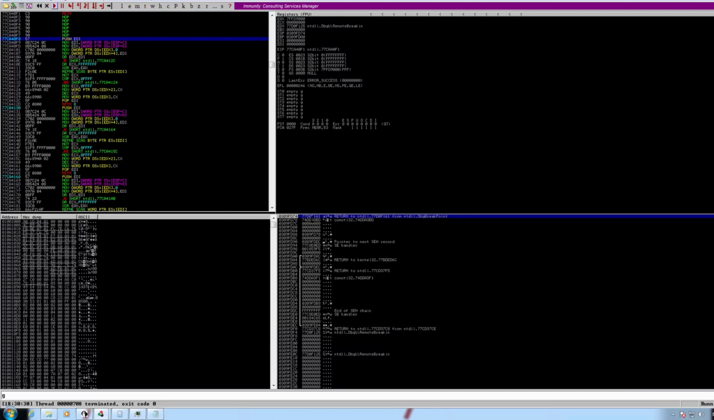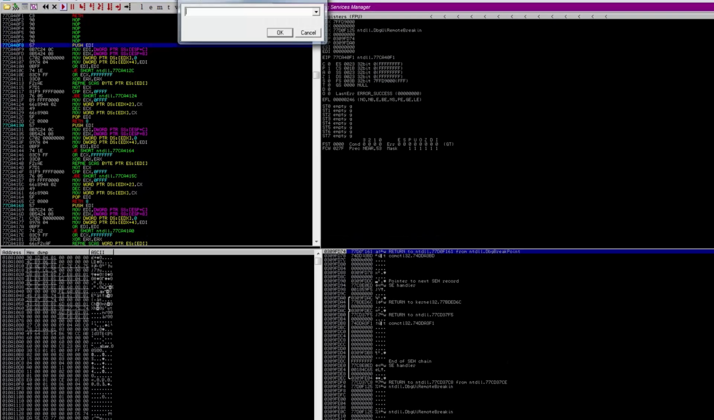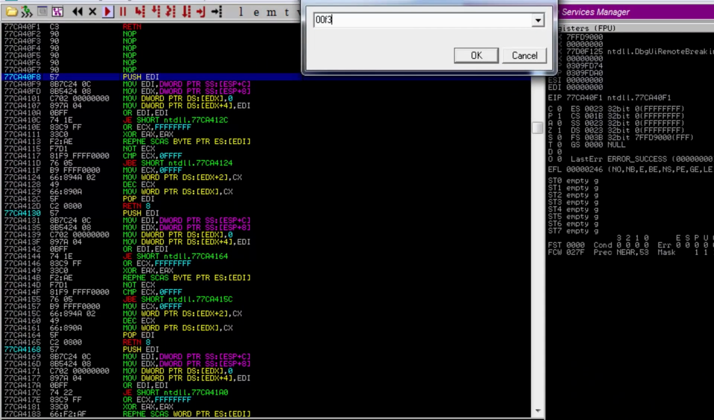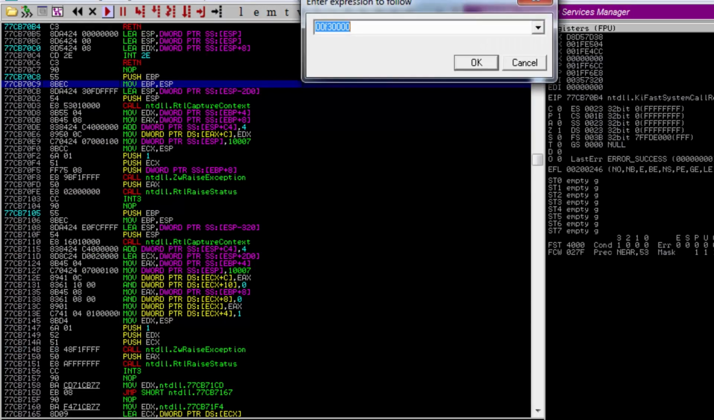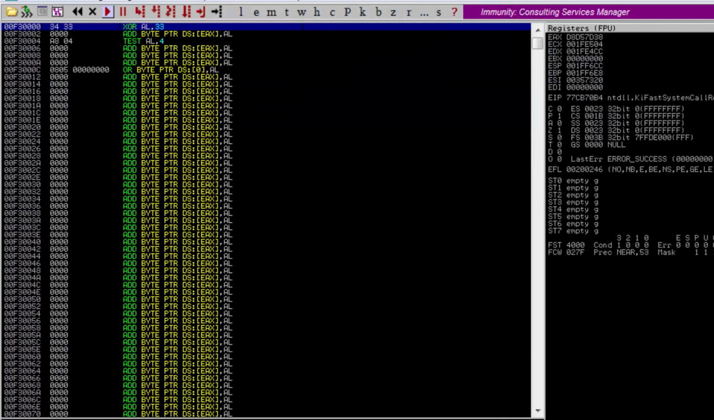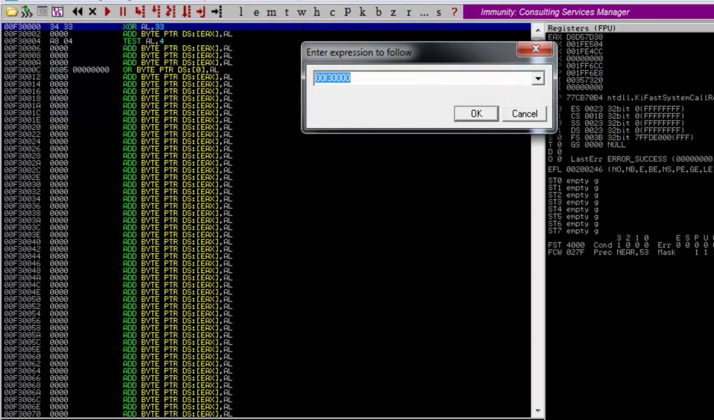Actually, if we go right now with Control G to 00F30000, sometimes it doesn't jump the first time. Let's do it again. That's a good point, guys. Sometimes the enter expression to follow doesn't work the first time for some reason. You just do it again, Control G, and you can see, if you remember, guys, these were the first bytes copied into that buffer. Okay, so let's go now to the offset where it's going to start executing, which, if you remember, was